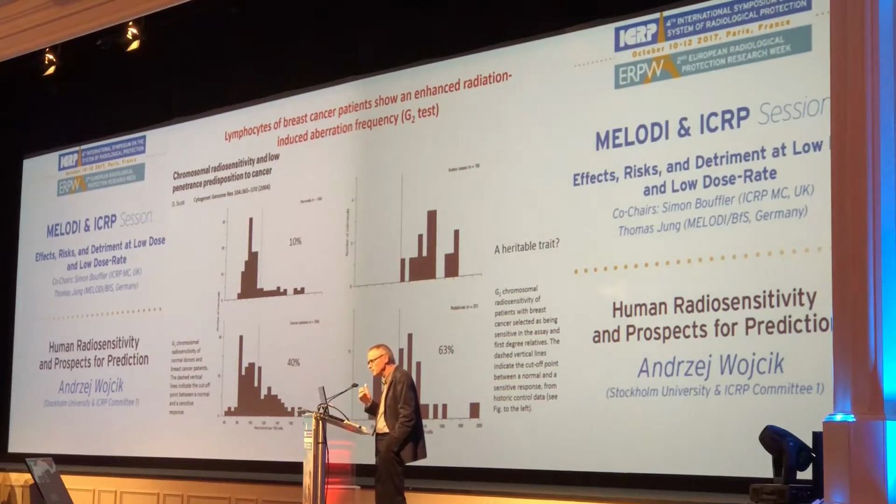He took lymphocytes from breast cancer patients. He irradiated them in vitro, and he used the so-called G2 assay, and he looked at the aberration score. Now, what you have here is a frequency distribution of patients, or normal people, so healthy people, with respect to their aberration score induced by radiation. So this is radiation-induced aberrations. And you always have a distribution. You have some patients that have a high frequency of aberration. So he said, okay, these we make a cutoff and we treat these 10% as radiosensitive.